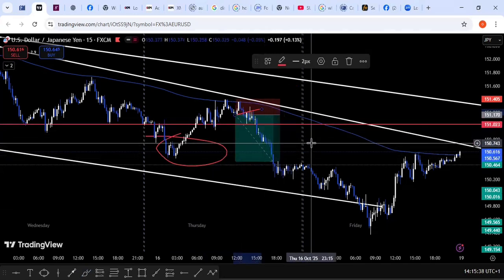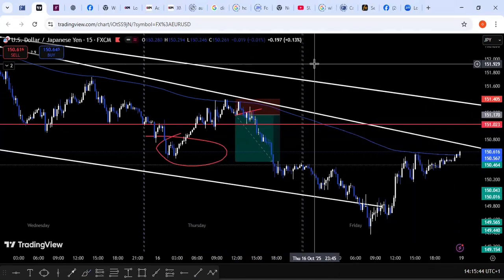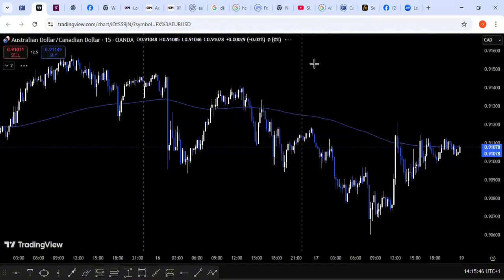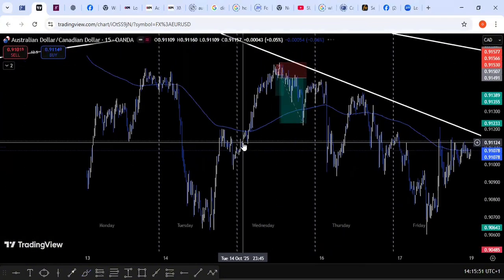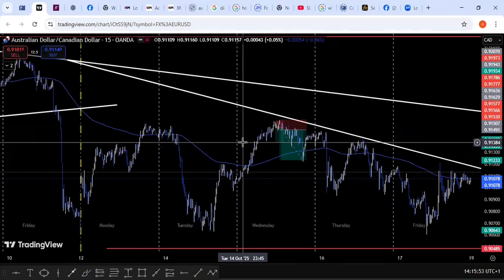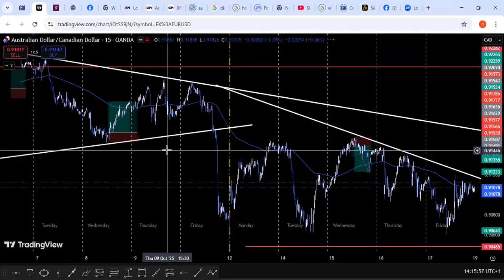Now let's move to the next pair. Okay, next pair right here. That was AUD CAD. Now let's look at AUD CAD. Let's look at the trades I took this week. I think AUD CAD gave me a bit of trouble, but overall it was a very, very